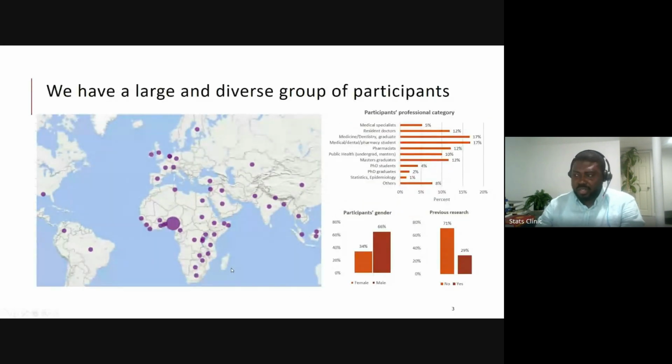If you don't have any questions, this is a very large and diverse group of participants. This is not from this group, but this group is fairly similar to what we have on this page. We have people from all over the world. That means different cultures, different perspectives. That's good, but that also means that we all have to be respectful of the next person that we're working with.